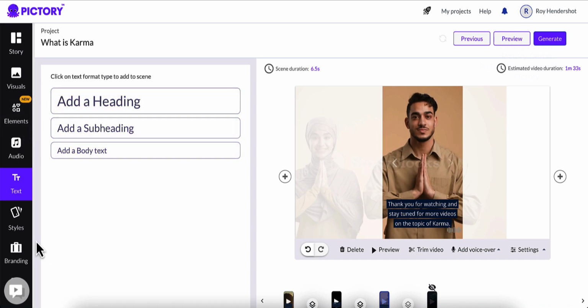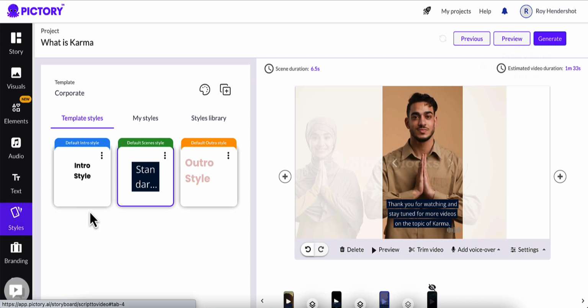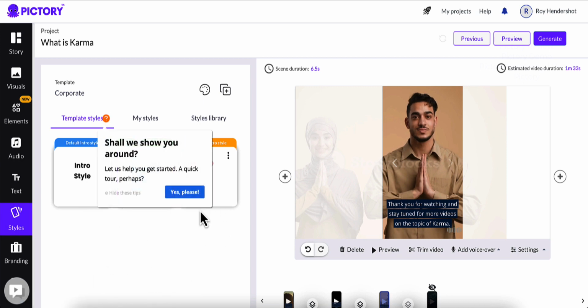But you can certainly do that if you want. You can mess with the styles if you want. Certain templates, you can do your own templates. I have never done my own template because I like the templates that have been shared with me in Pictory that have already been done. So I haven't done that.